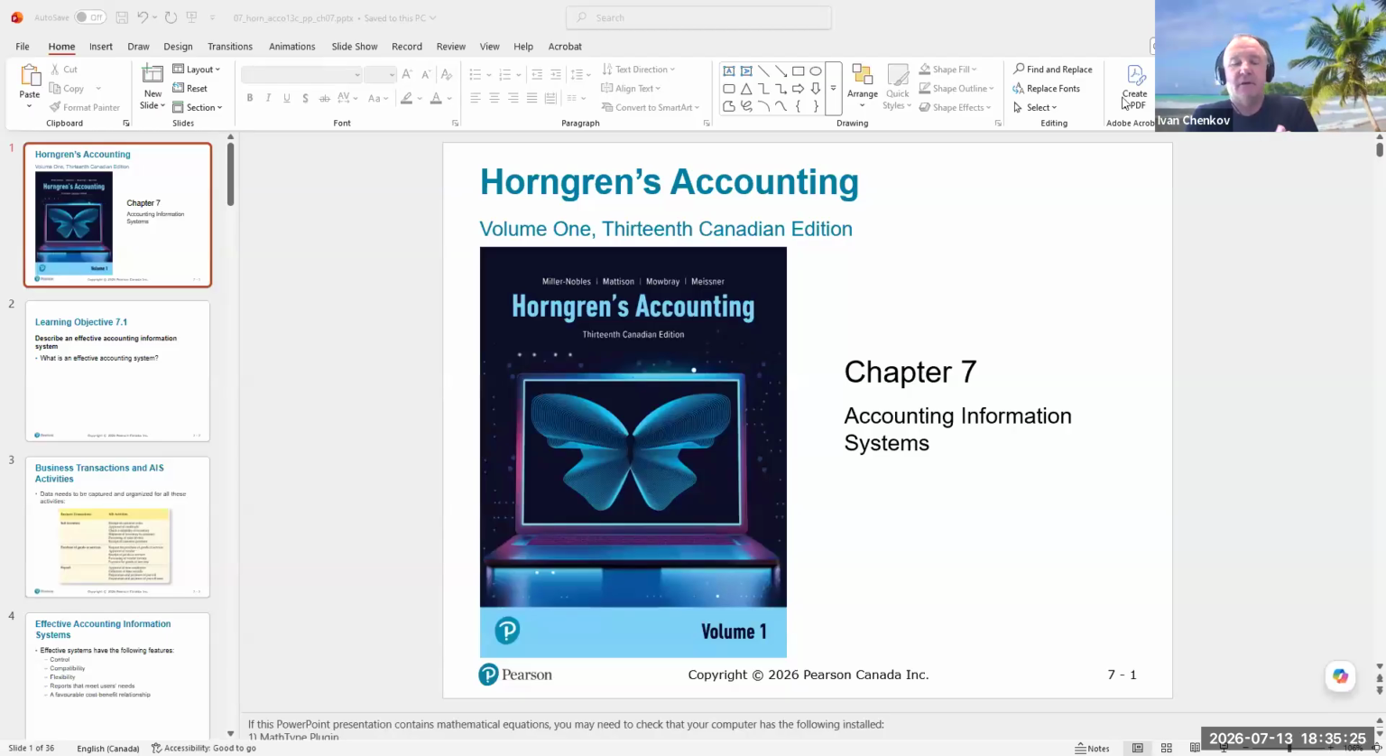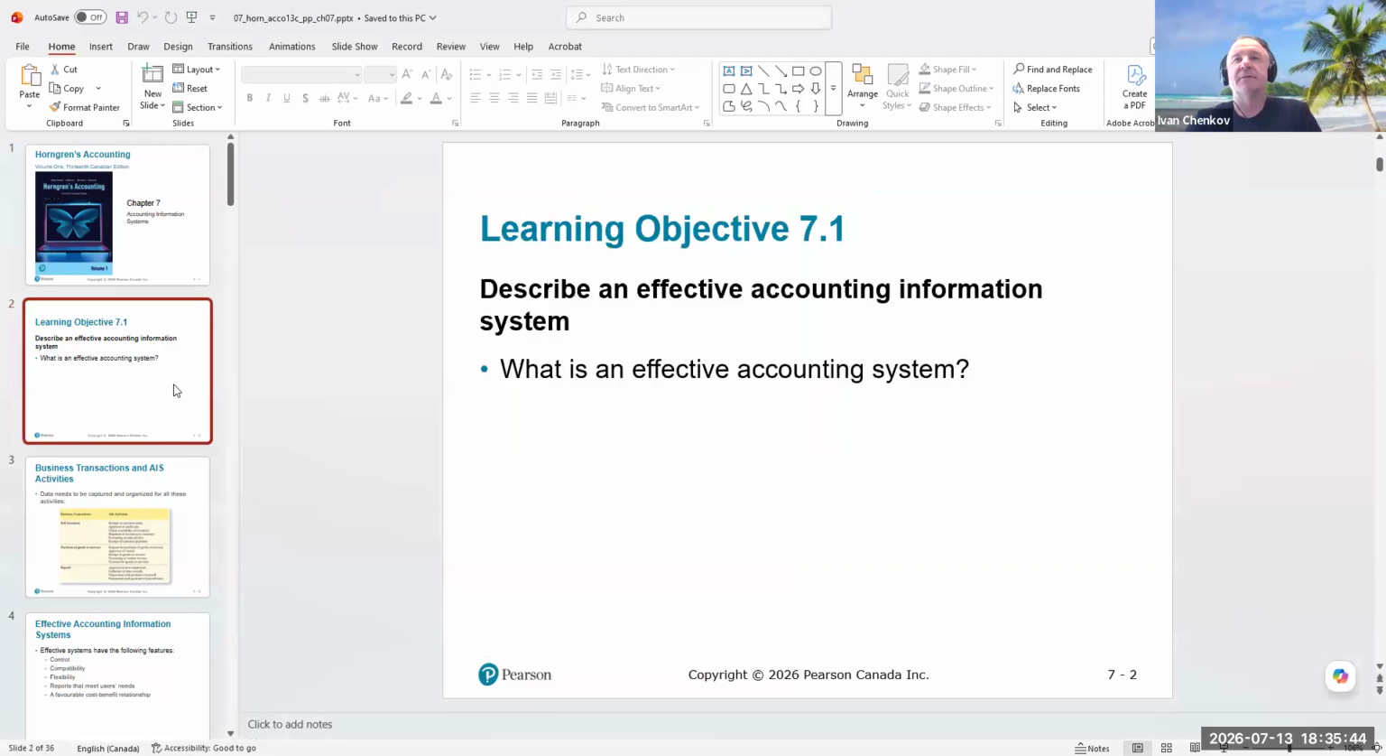Okay, Chapter 7. The course is still Principles of Accounting. The first part of Chapter 7 is about the accounting information system: what it consists of, what the requirements are, what it has to have, and what we can do with it. Accounting information system